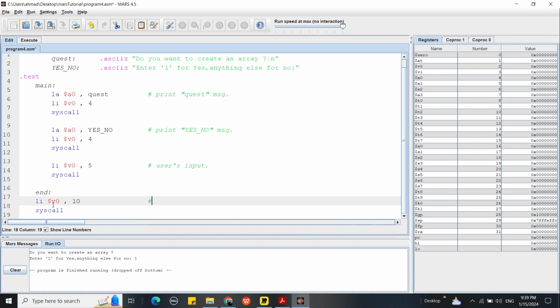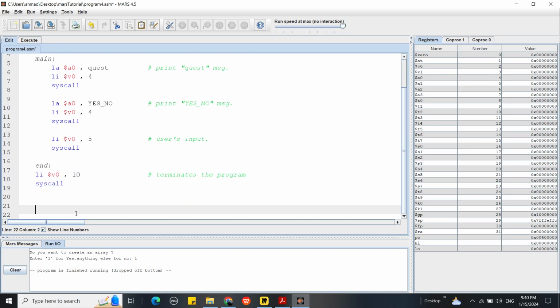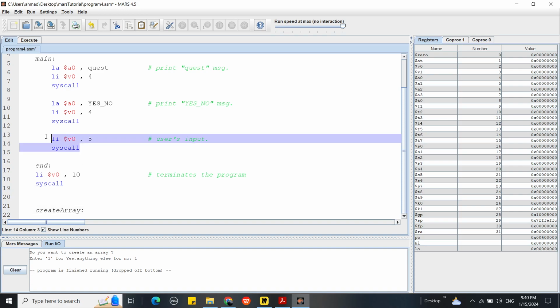This is very crucial. As soon as you finish writing your main program or your main function, you need to have this at the end of it. Why? Basically, this terminates the program. Let's say this code doesn't exist, and now you have a function here, and let's call it create array. So as soon as this load immediate v0 5 happens,